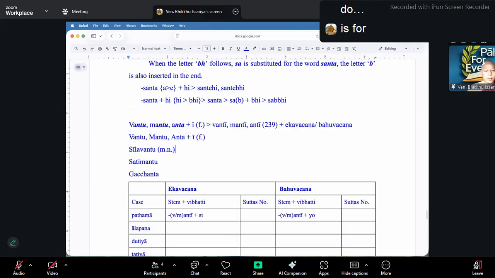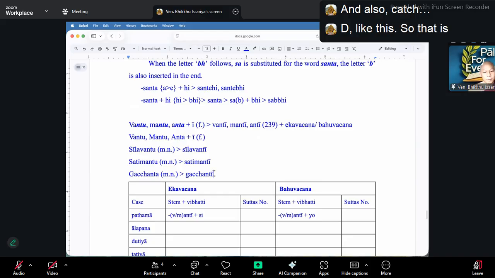is for masculine and the neuter. Satimantu also masculine and neuter. Gacchanta also masculine and neuter. So now to become the feminine gender, okay, Silavanti, and then Satimanti, and also Gacchanti, like this. So that is the first type. So after that, for the second type,